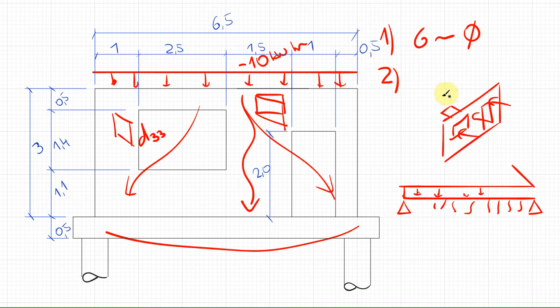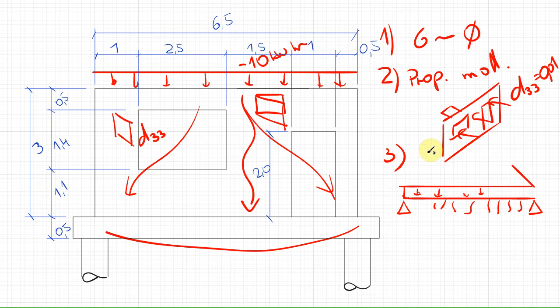The second possibility is to use the so-called property modifier in SciEngineer, and we will reduce the D33 stiffness. The minimal value which we can use is 0.01. Sometimes it's not enough. Sometimes the forces still go, this is too much, and the forces go to the beam.